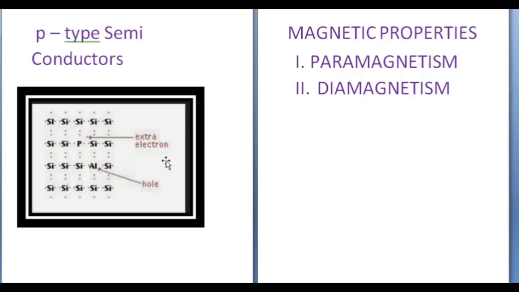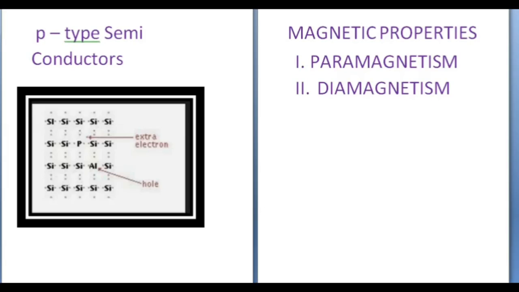The second property is diamagnetism. These are weakly repelled by an external magnetic field because they have paired electrons in their ions. Unpaired means paramagnetism, paired electrons mean diamagnetism. In their ions, atoms or molecules, being paired, the magnetic moment of one electron is compensated by an equal and opposite magnetic moment of the other electron. Examples: nitrogen, N2, NaCl, zinc, cadmium, copper, water, benzene, etc.